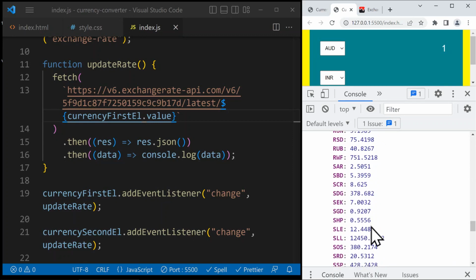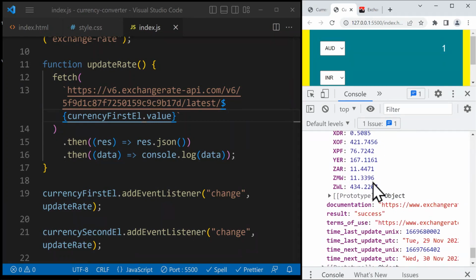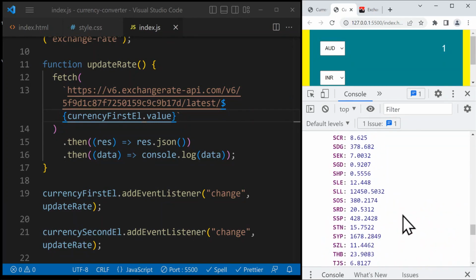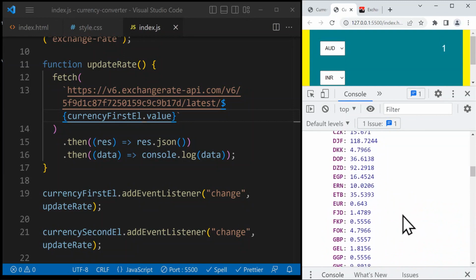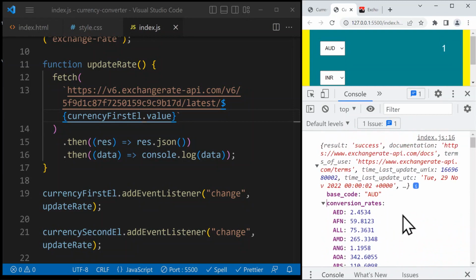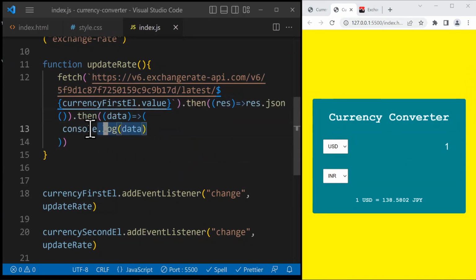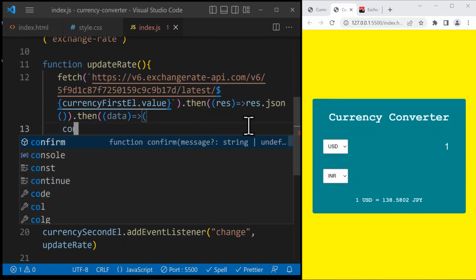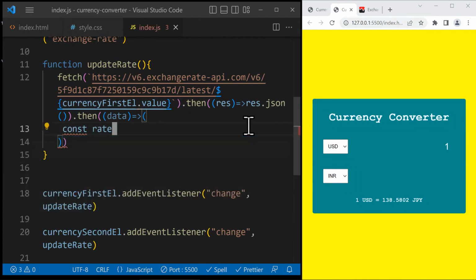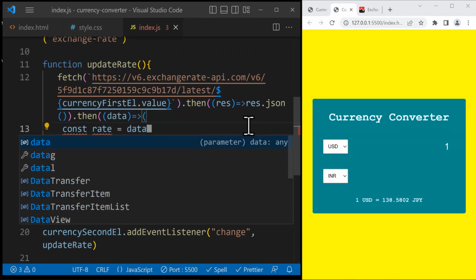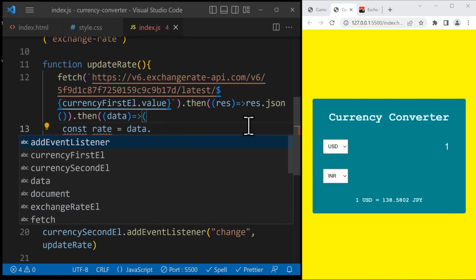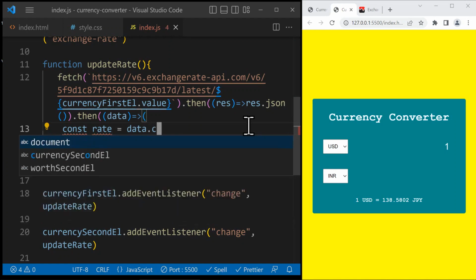It's happening now in the world, the time that I'm recording the video. So all these currencies are available for you to get the conversion rate. All right. So instead of console log, let's get the exchange rate here. I create a constant, I just call it rate. And this is going to be equal to this data that we are getting. And as I mentioned, it's inside an array called conversion